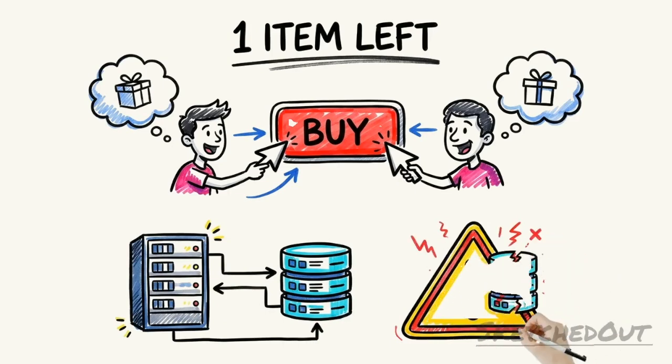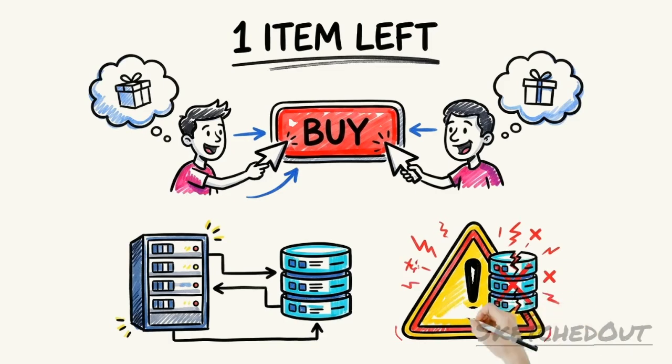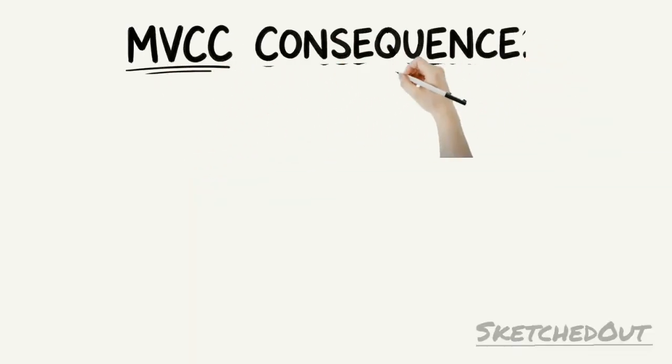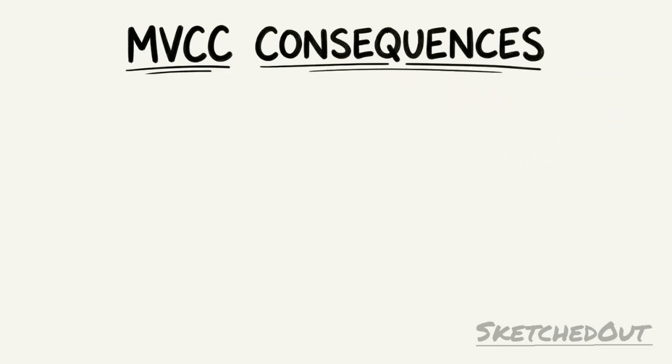And getting it wrong is how a single item of stock ends up sold to two customers, or how a busy checkout page silently corrupts itself in ways nobody notices until a customer complains. This is the episode where MVCC from episode 1 stops being an implementation detail and starts having consequences you can